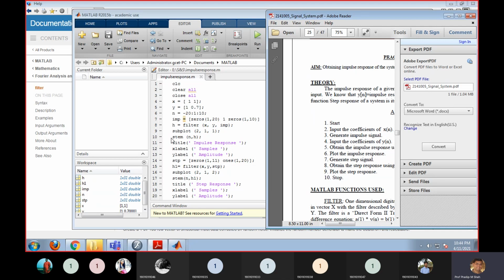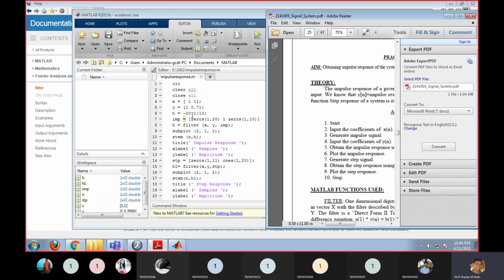In the first position we are going to plot a graph using a stem function, stem n comma h. So what is n? N is your time or number of samples. As we defined minus pi to pi in an example, here I'm going to define some finite values in n.